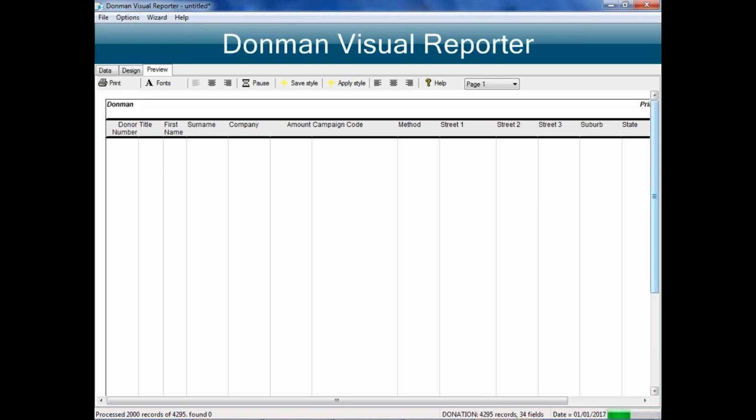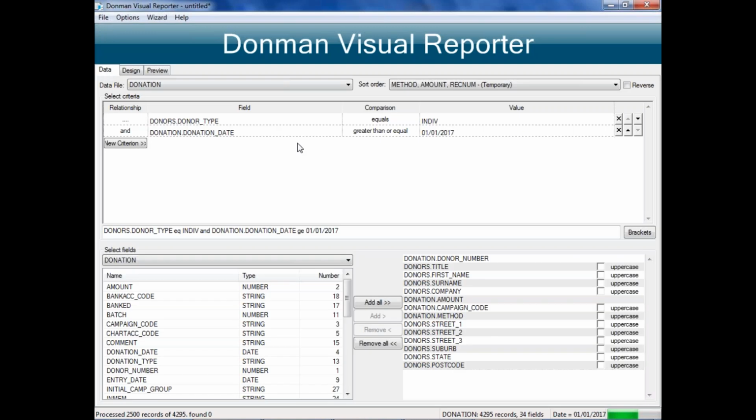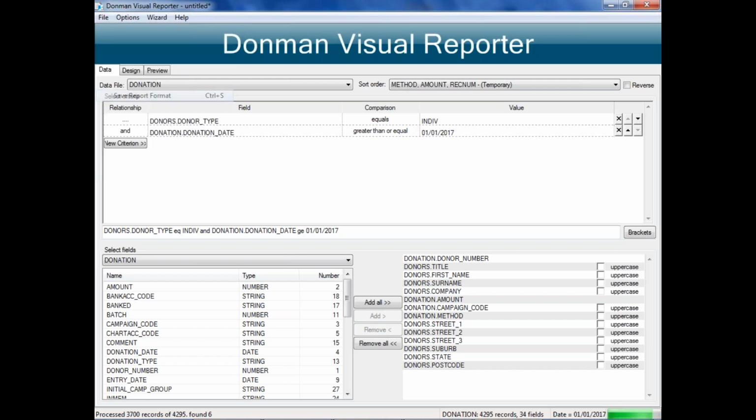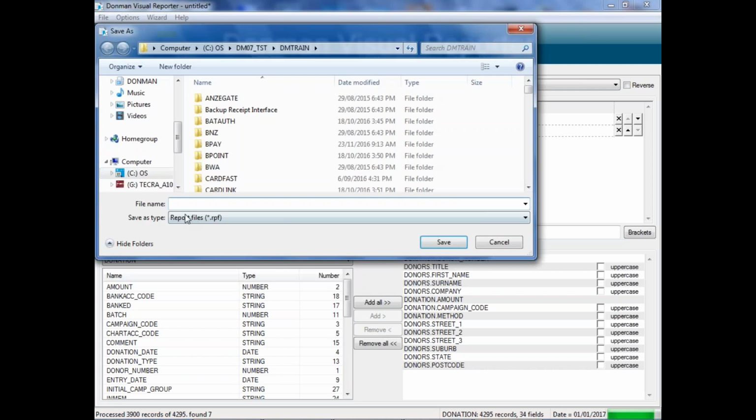It's going to come out with the full columns. So with my criteria, if I said this is the report that I do want to save, I can now go up the top and go to File, Save Report Format, and I can then type in a name for my report. So if I just called,